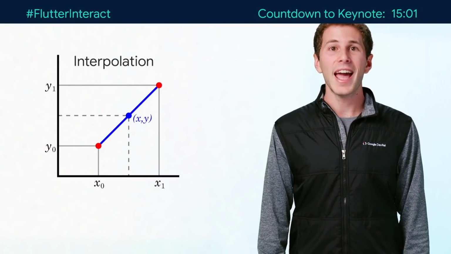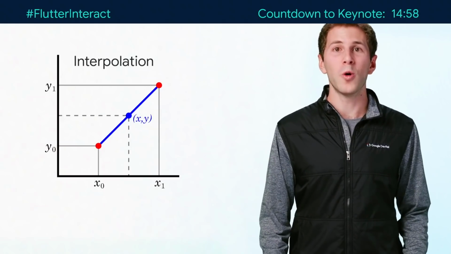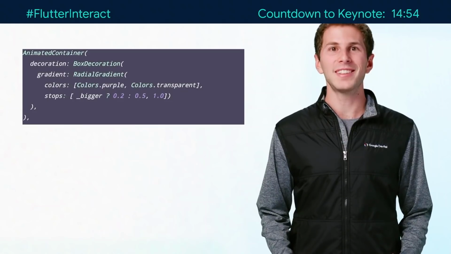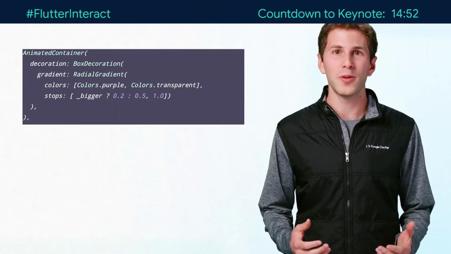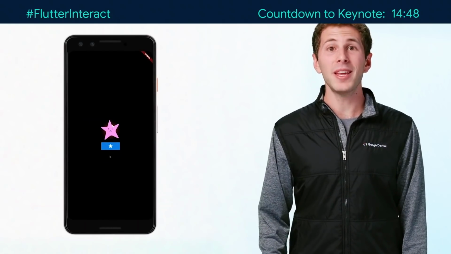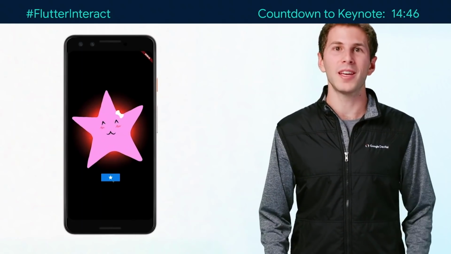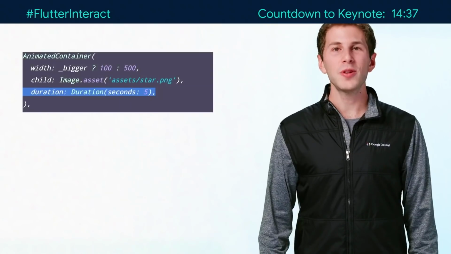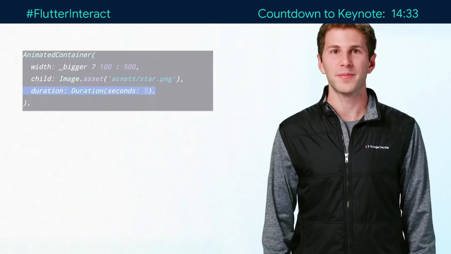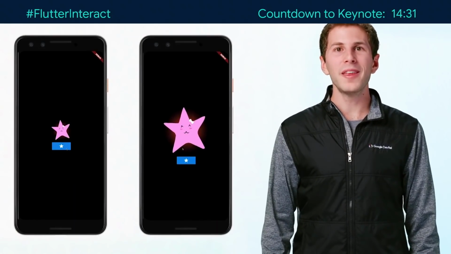The AnimatedContainer handles interpolating its property between old and new values whenever they change. This applies to all the AnimatedContainer's properties, including, for example, the decoration. We can modify the gradient with a decoration, and the AnimatedContainer will handle interpolating between the old and new gradient. Implicitly animated widgets like AnimatedContainer have two properties that you can use to control the animation's behavior. You can control how long it takes to interpolate to the new value by setting the duration property. In this example, we made the animation take